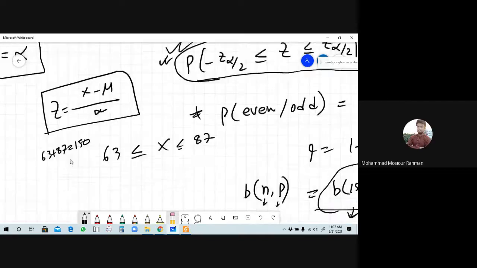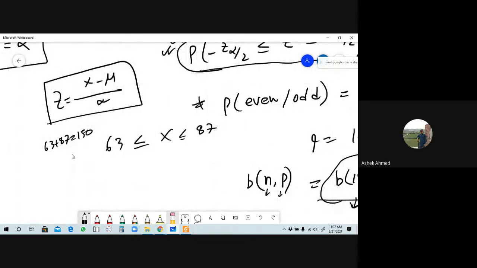Yes, sir. And from here if you take any values between 63 and 87, the next value after 63 is here 64. Of 63 the next value is what? 64. Okay, so if you sum 64 and 86, that will be what? 150. Is it right? Respond, is it correct?